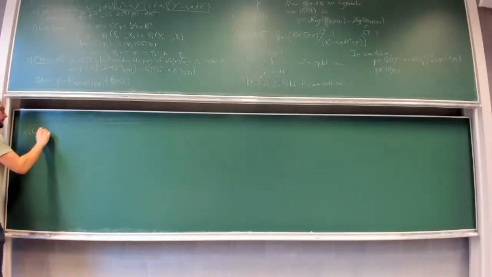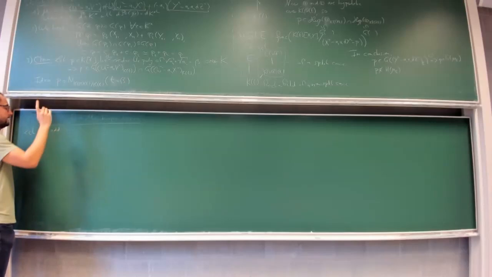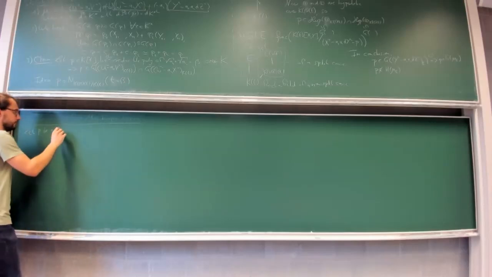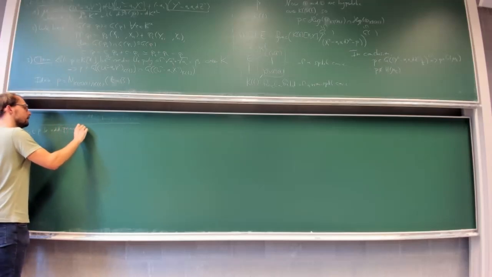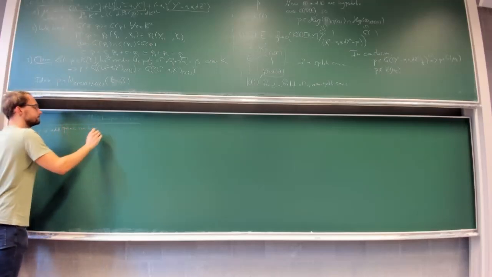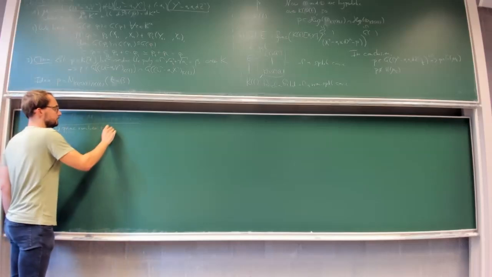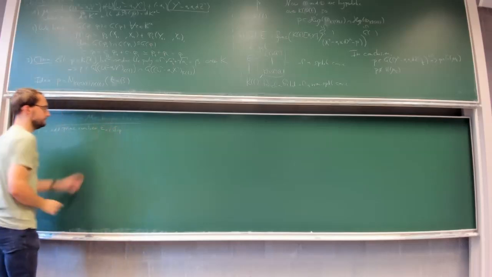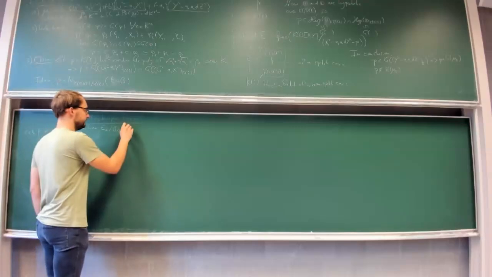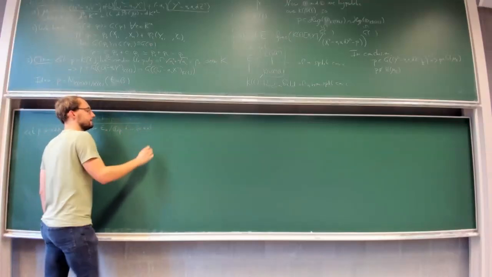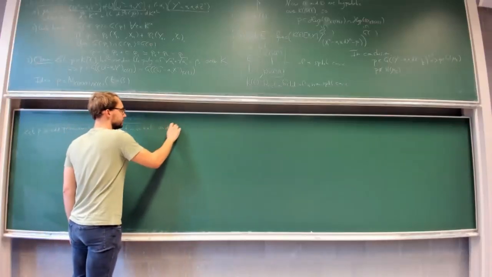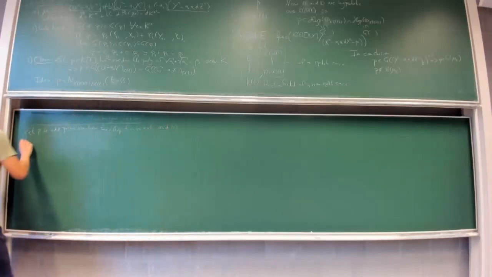So let p be an odd prime. Being odd is important for the story. Let E naught be a finite field extension of the field Q_p. And let E